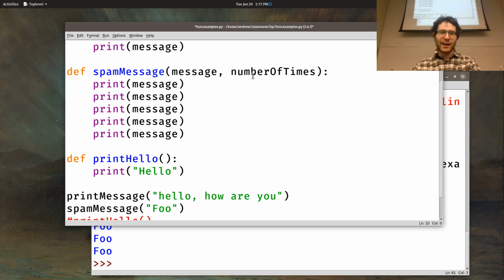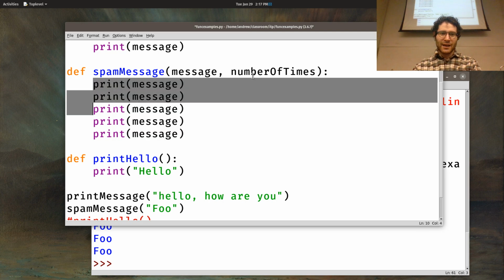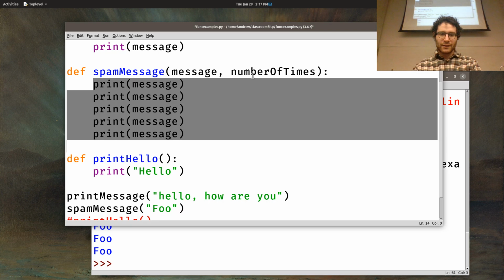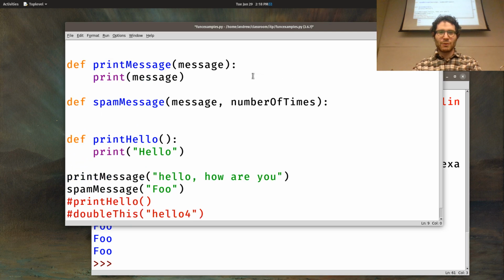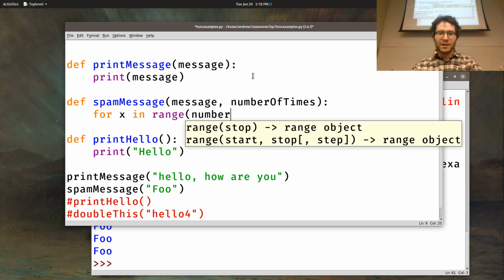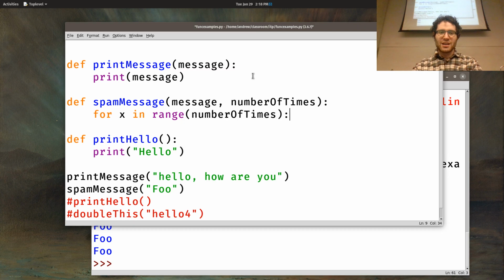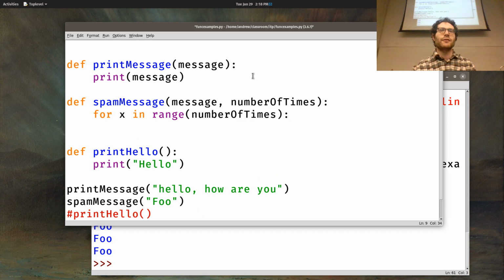So let's go ahead and edit this, okay? And I promise I will go into these, this will probably be the remainder of the lecture, because they are very powerful. So: for x in range, number of times. Don't worry about this too much, because I'm going to go over this in a much more basic way. I'm just showing you what we're building up to. For x in range, number of times, print